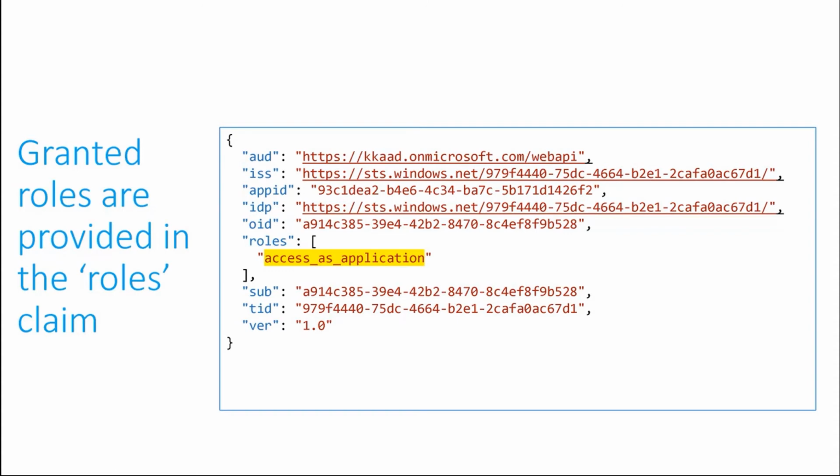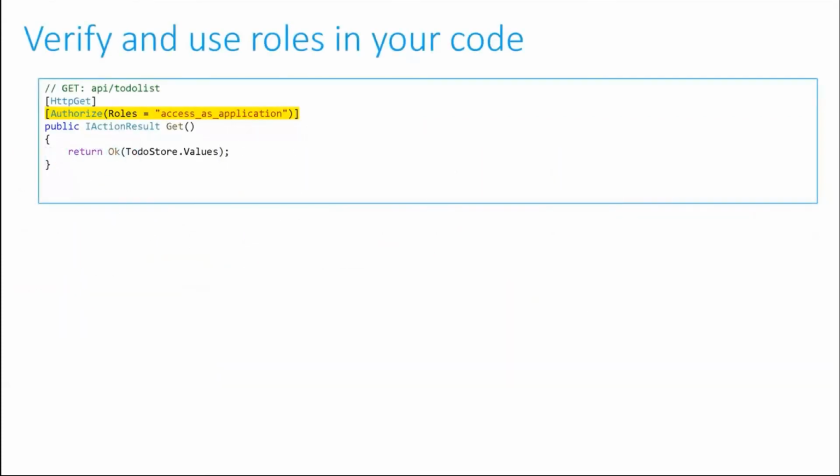If you are a frequent user of Microsoft Graph, this is how you have been using it for a very long time, except that you might not know how it all works internally. In your API, you can use whatever way you want to verify the app roles that your API receives. So for example, in this case, I am using the authorize attribute again on my web API's controller to control access to certain API calls depending upon which roles the client application has been assigned and admin consented to in a tenant.